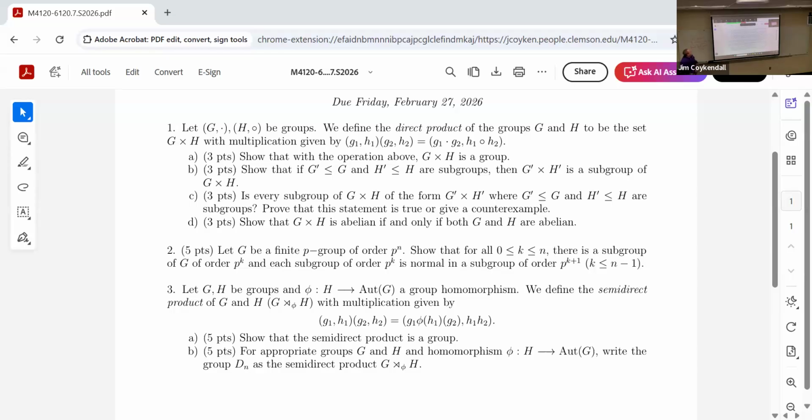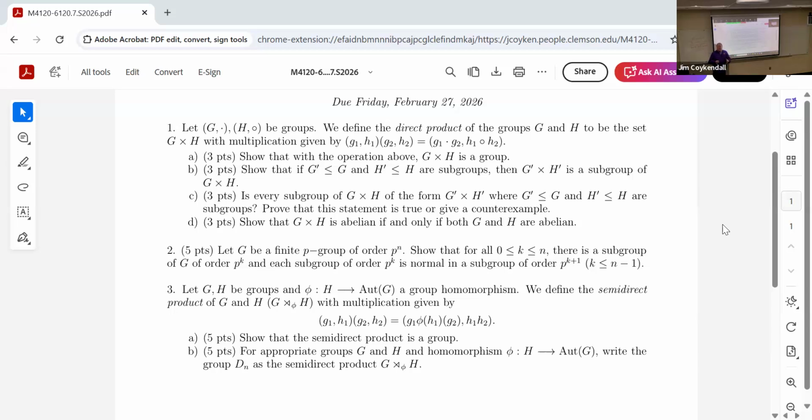Okay. The first problem is not too bad. You've seen this, even though you may not have heard this terminology before. The direct product, you actually sort of do it in linear algebra when you have R and R2 and R3. When you have higher dimensional vector spaces, this is sort of what's going on here, or it's a special case of this. If I have two groups, G and H, I can sort of take those two groups and